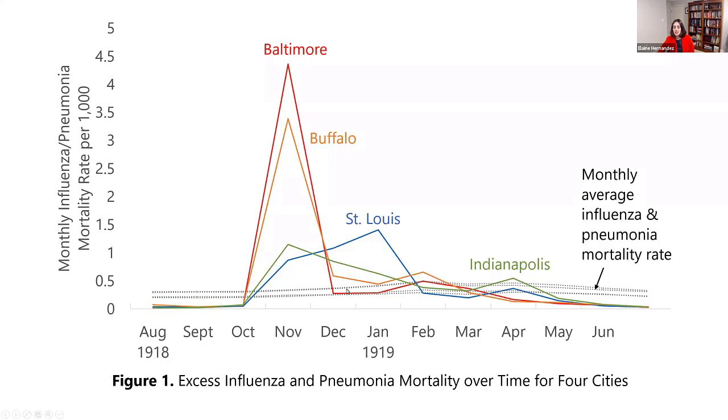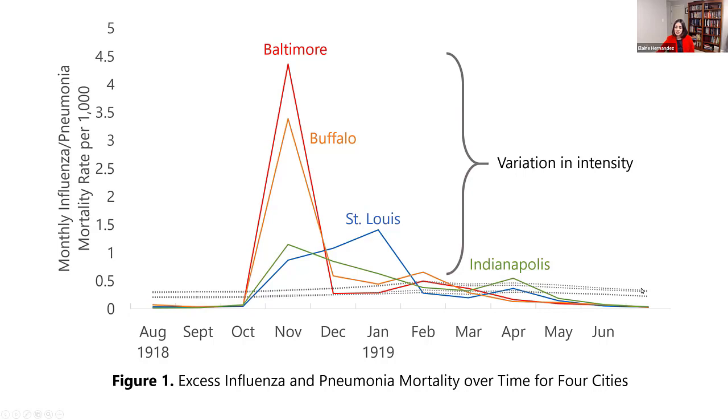So when these rates exceed the monthly average, that is when you're seeing this kind of excess influenza and pneumonia mortality, which is kind of the gold standard in terms of how we measure exposure to a pandemic, or exposure to deaths at the local level. And what I really want to draw your attention to in this is this real variation